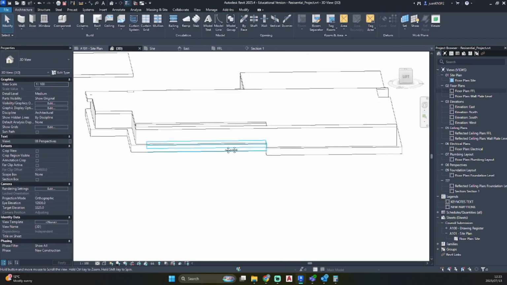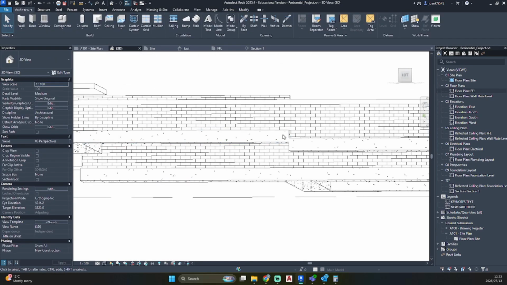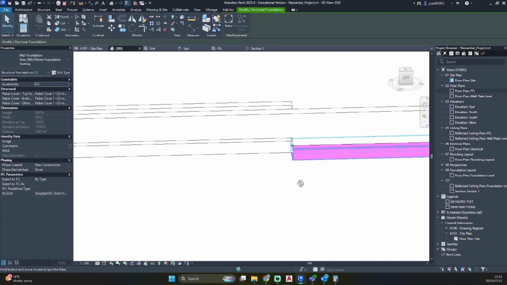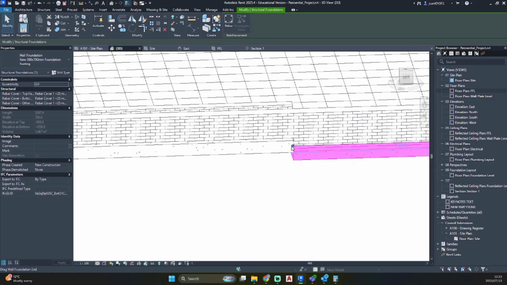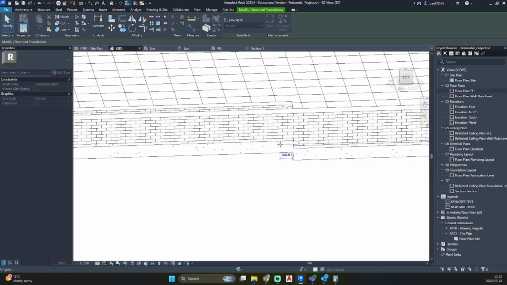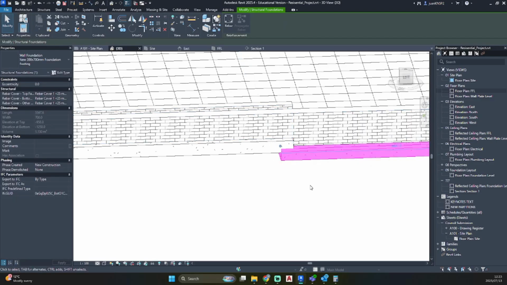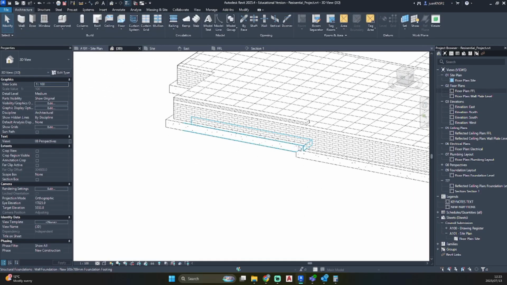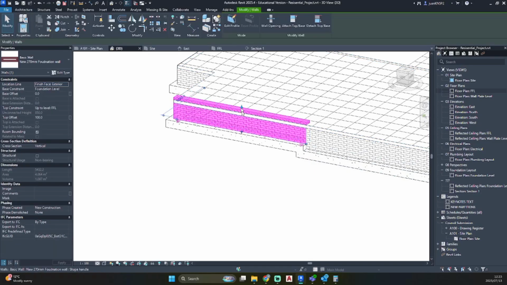And as you can see there is now a step, and this is not a clean looking step. So let's select our foundation and just drag that in by 300 so that we can get a clean foundation step. So now we want to remove this top part as well.